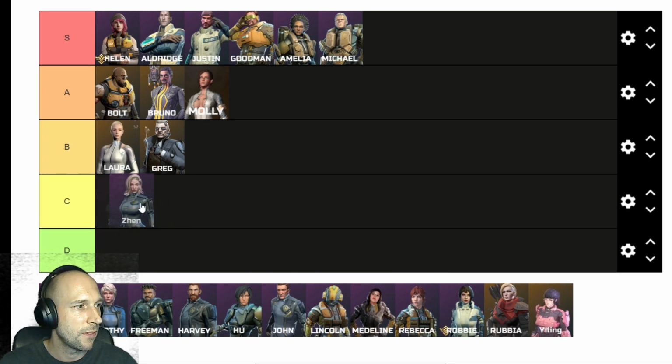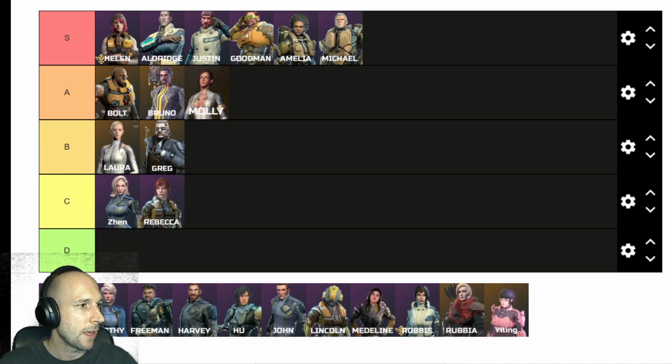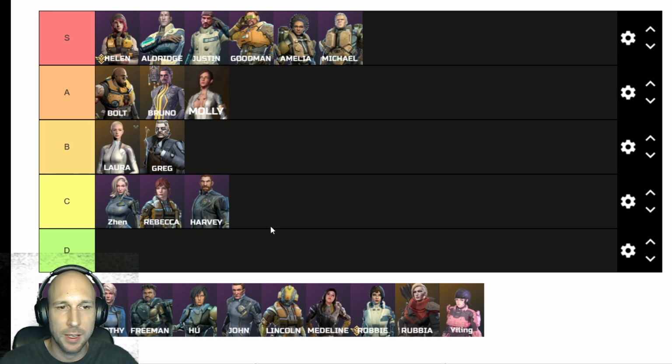I do have Zen here. Mainly this is C category because the buffs that they bring to your fleet is not very beneficial. She's increasing speed. We do also have Rebecca here. Rebecca gives you titanium buff. If you want or need her there, you can do it, but the benefit you get from her skills is not really amazing. We do have Harvey